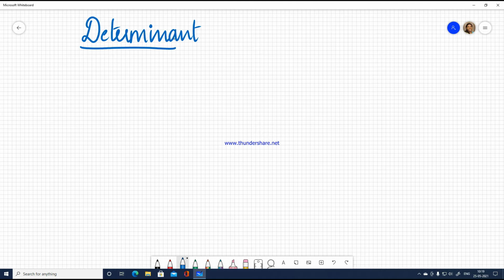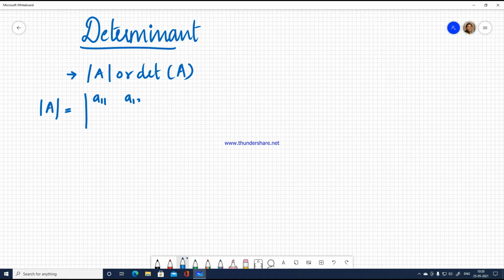The determinant of a matrix is normally represented either in this way, or we say det of A. So let's consider the determinant of a square matrix, that is, a 2 by 2 matrix. The determinant of A, in general format, we consider A11, A12, A21 and A22. So if this is the matrix and you need to find the determinant,